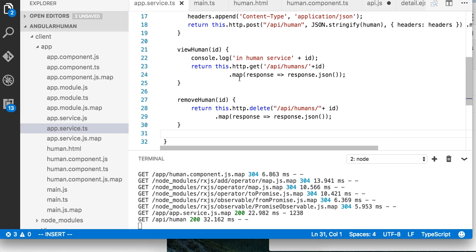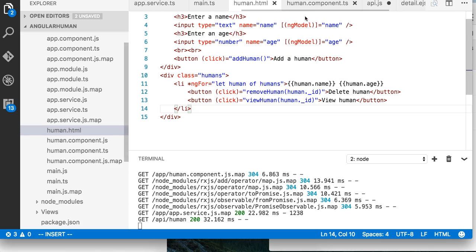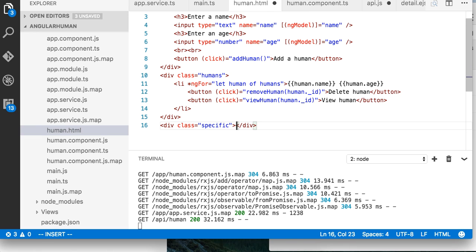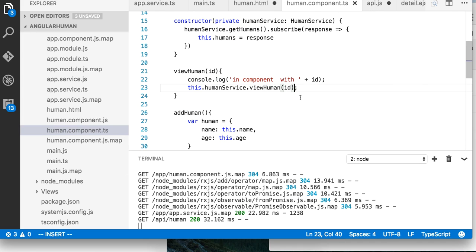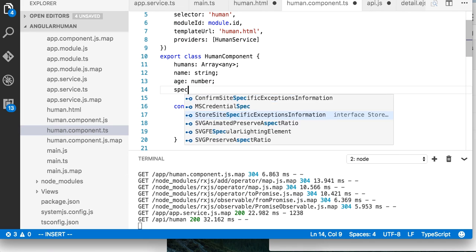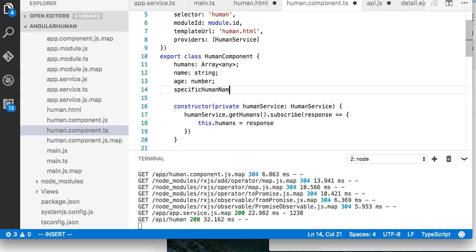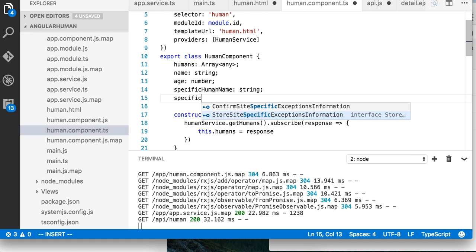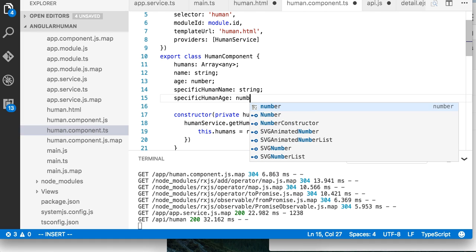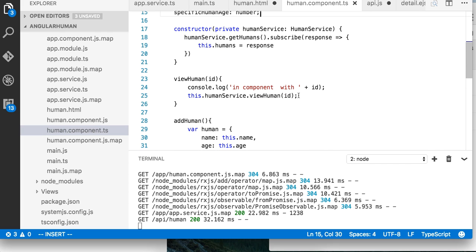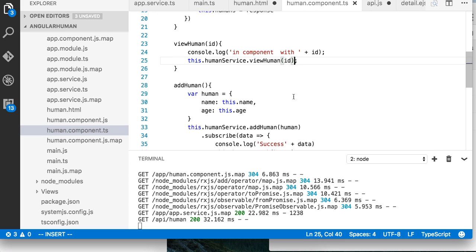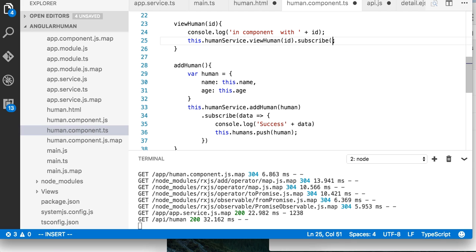Alright, we're gonna do one more thing then. If I can't get this to work, I'll follow it up with a new video. But it's viewing the human by the human ID, and then we can do specific, and then we'll just say, so in here, specific human name to be a string. We'll just make it a string, and specific human age is going to be a number. It's kind of a hack, but so we're viewing it, and then we are subscribing to the data that comes